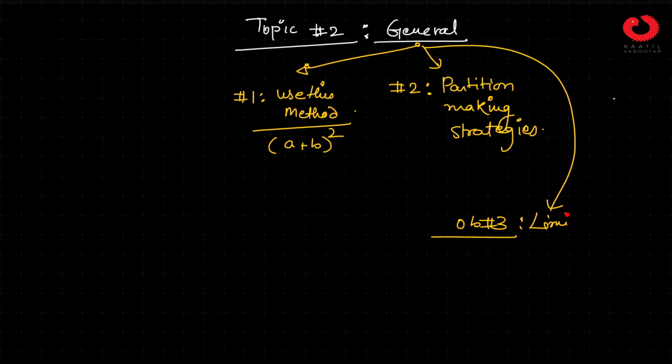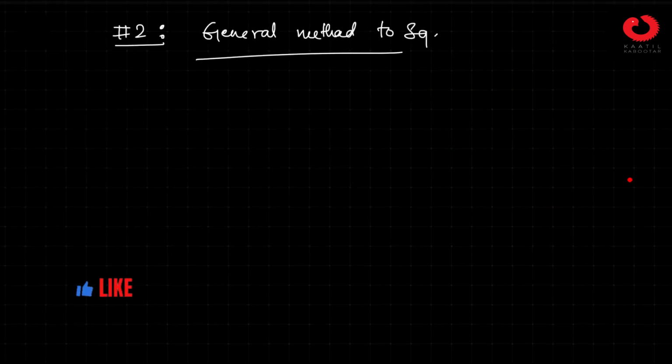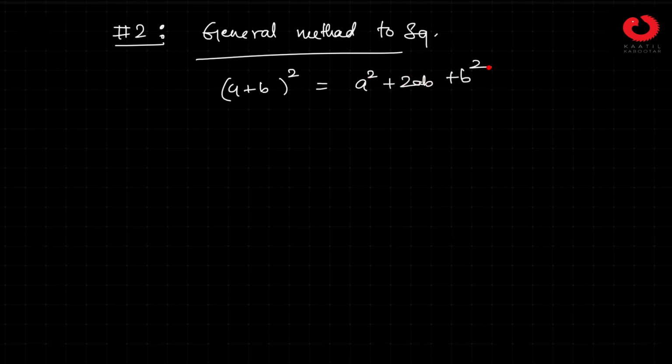So we will be talking about limitations, and to get rid of these limitations we will go to our next topic, which we will see in our next lecture, which is our modified method. So today these are the three observations we will be seeing. In the general method, the principle we will be using is what you have known from childhood, which is (a plus b) whole square is equal to a square plus 2ab plus b square. Now, just a small digression.